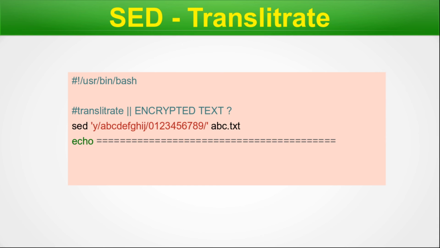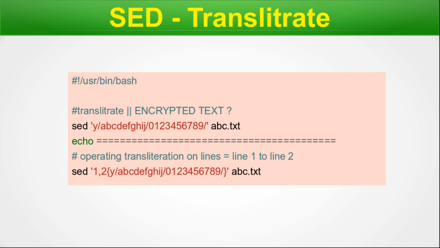We echo here a separator, and we are operating transliteration only on two lines, line 1 to line 2. Within single quotes we are using 1 comma 2, then within curly braces we write y slash a to j, slash 0 to 9, and then abc.txt.